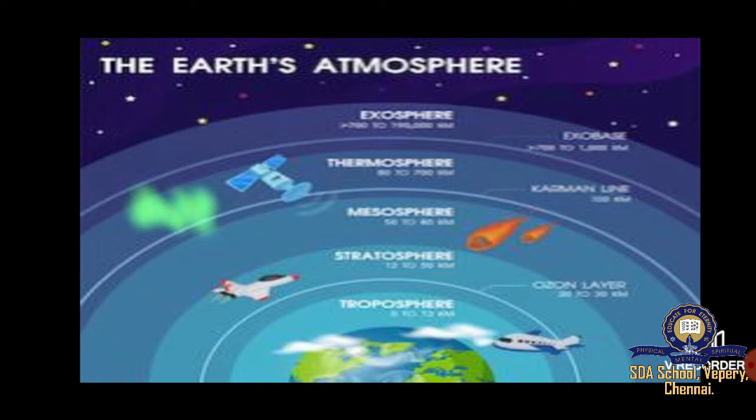Now we will see some of the important points of these subdivisions. The earth is surrounded by a layer of gases called the atmosphere. The atmosphere is divided into 5 concentric layers, that is troposphere, stratosphere, mesosphere, thermosphere and exosphere. All weather phenomena occur in the troposphere. The stratosphere has a concentration of ozone which protects us from the harmful ultraviolet rays of the sun. The jet planes fly in this layer.